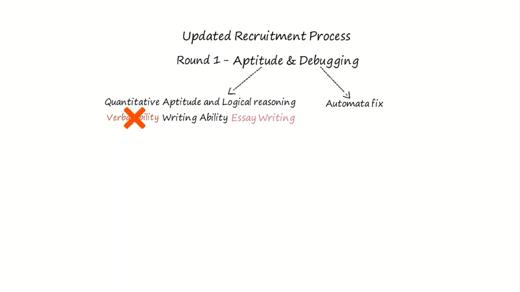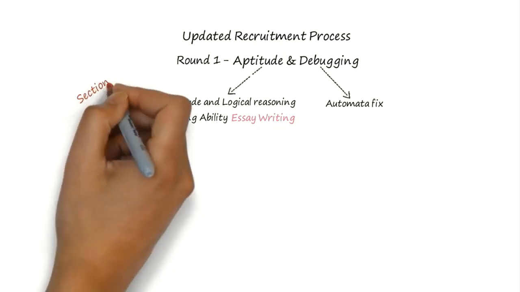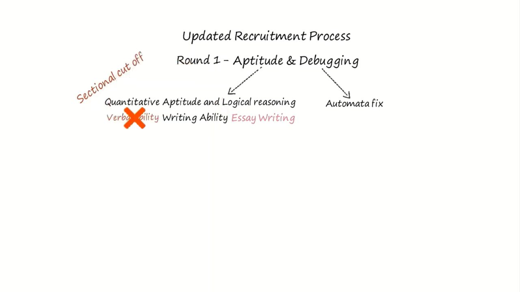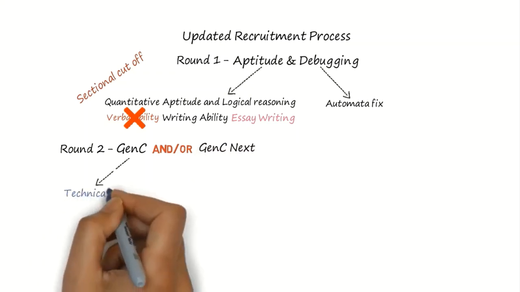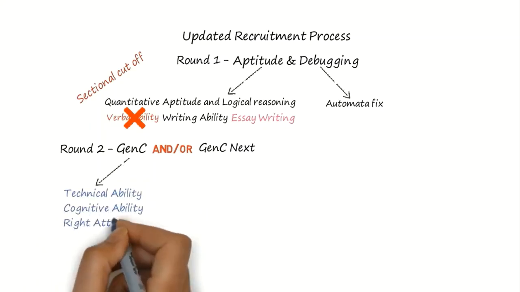In this video, I will also cover the method and essentials of essay writing along with most frequently asked and current affairs topics on essay writing. There are a couple of pathways from round 2, and in round 1 there are sectional cutoffs which I have covered in the video on Cognizant aptitude pattern. Once you clear the cutoff criteria, based on your score, you would be eligible for GenC or GenC Next. So if you are through to the GenC interview process, there would be a test on technical ability, cognitive ability,